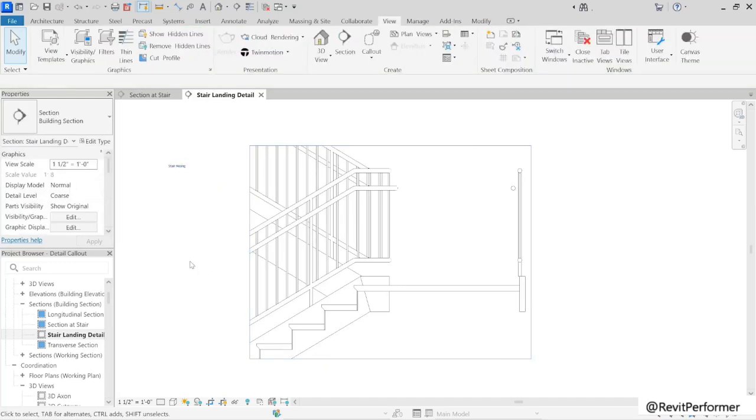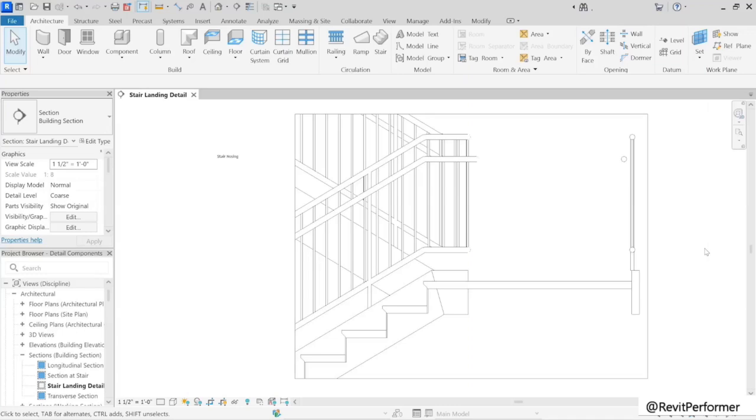Now, they do represent real model elements, so they are drawn to scale at the correct size, but they're only going to appear in the view that you draw them in. So we're going to start off by adding a couple that are already loaded here in this file, and then we'll load a few additional ones from the Autodesk library.